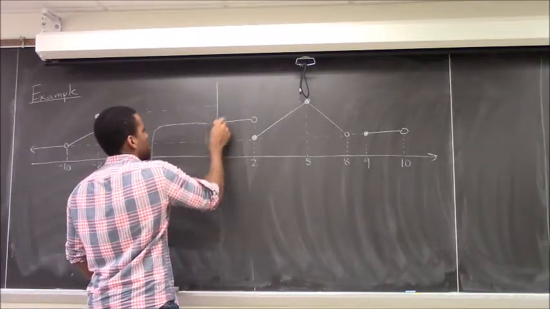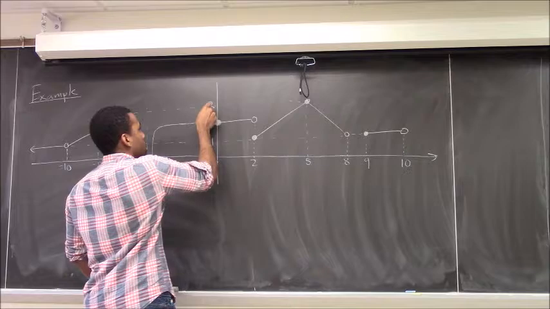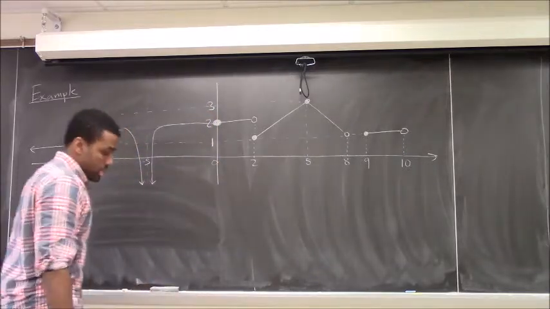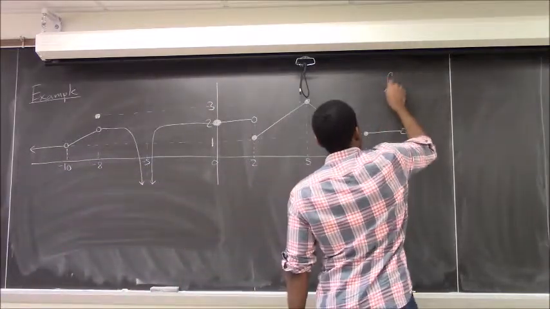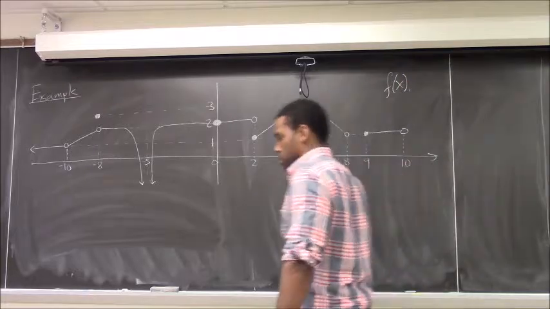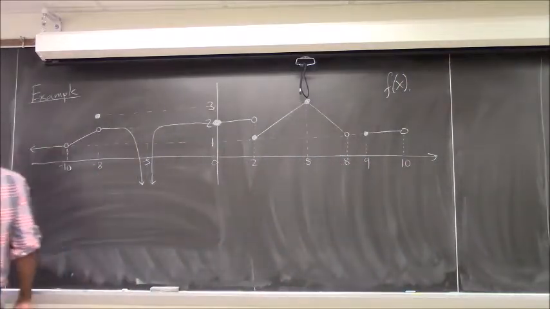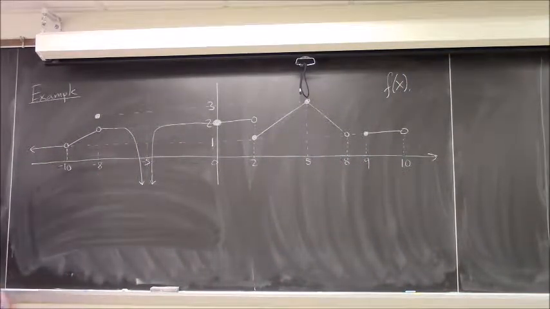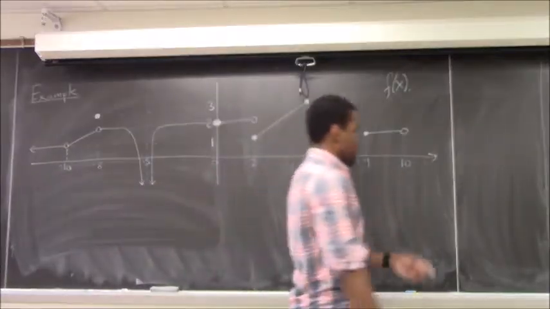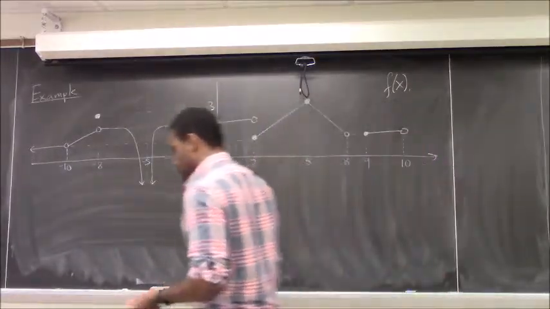This is 1, this is 2, that's 3. So this is the example of one big function f of x. It's doing its thing, and we're going to examine it at all these blue points that I mentioned here to determine whether it's